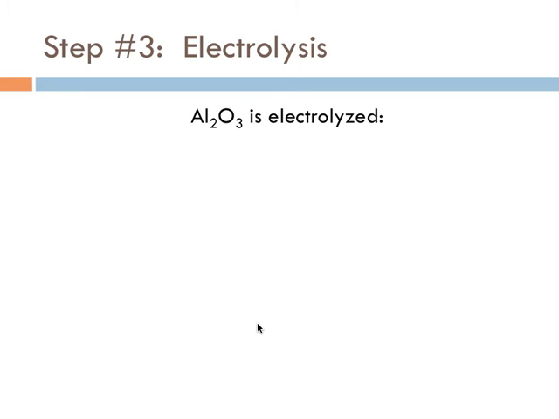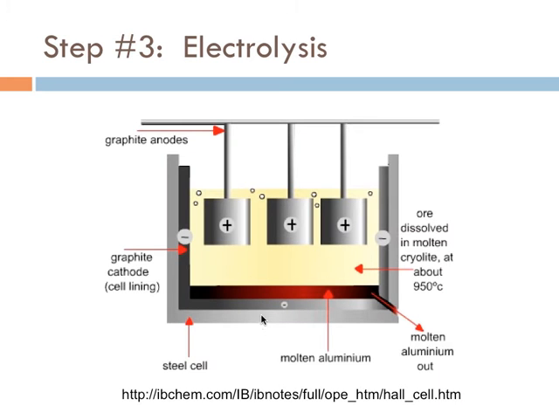Third step, the electrolysis. In the electrolysis of aluminum oxide, we have graphite anodes in the mixture of cryolite with the ore dissolved in that, and this is heated up to about 950 degrees Celsius, which is very hot. The graphite also lines the cell, and that is